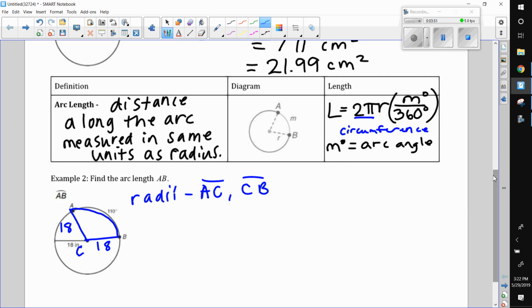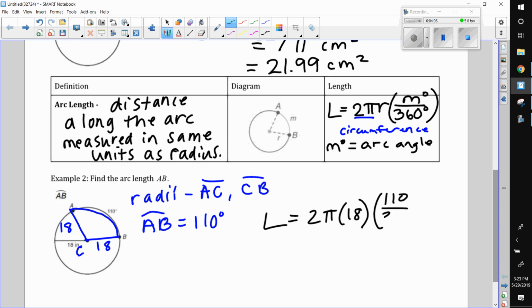Those were equal to 18, and then I see that my arc AB is 110 degrees. So using my formula, I've got the length here as 2 pi times 18 times 110 over 360 degrees, which means I have 36 pi times 110